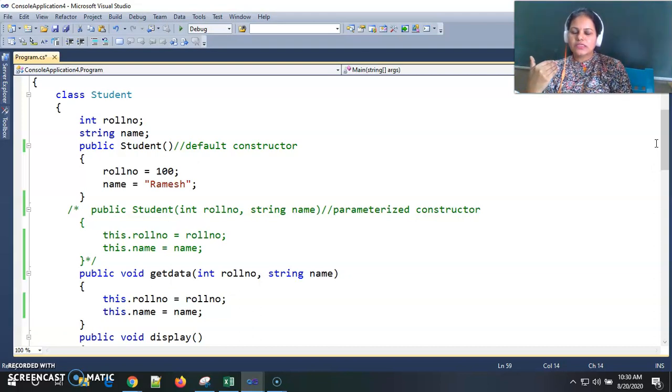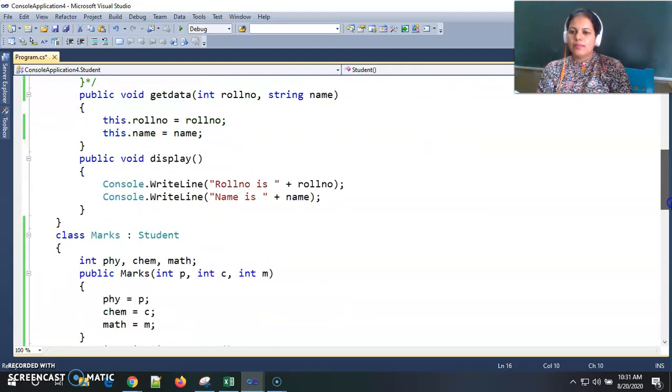Here student has only one constructor, which is the default constructor, and by using it, roll number and name are assigned to that particular object. So roll number is assigned as 100 and name is assigned as Ramesh inside the object memory.